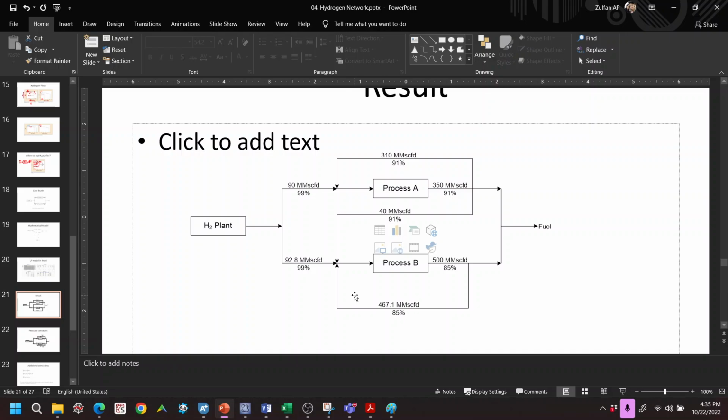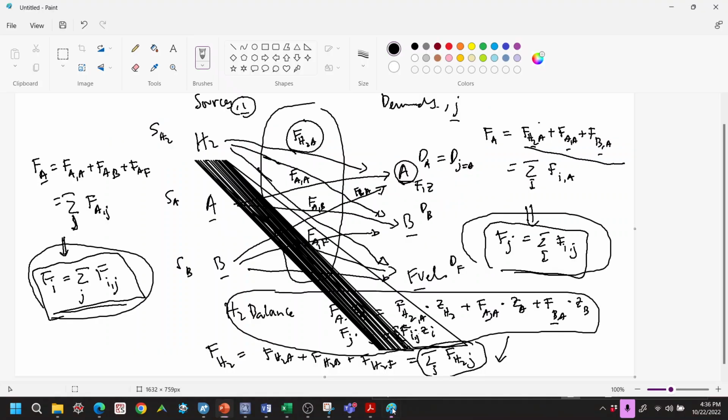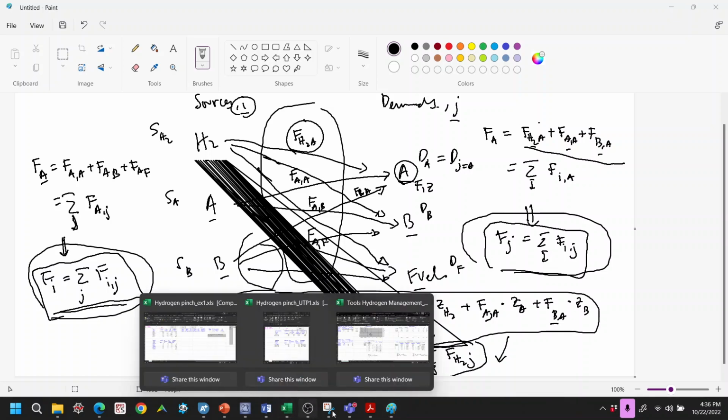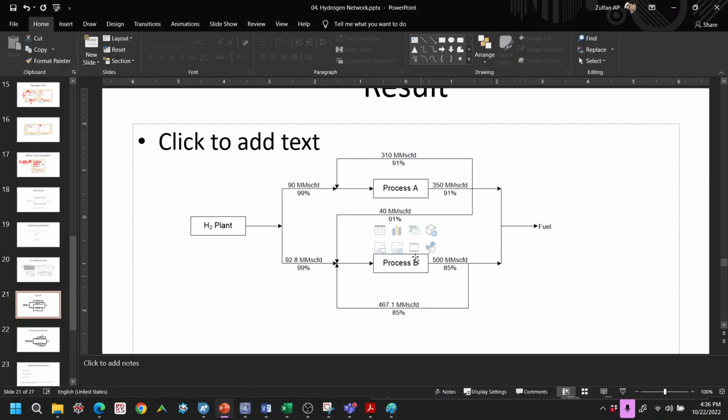I showed you already. You can remove this and that from the equations. Say for example, no recycle is allowed, then you can rerun that and get how much is the reuse. And if you say that I can only reuse A because A is the 91%, I cannot reuse B because B is too dirty, for example, and then there is no recycle and no reuse for B. So all of this stream from B is gone. You set it to 0 or you don't put it into the equations. Then, if that is the case, how much is the required hydrogen plant